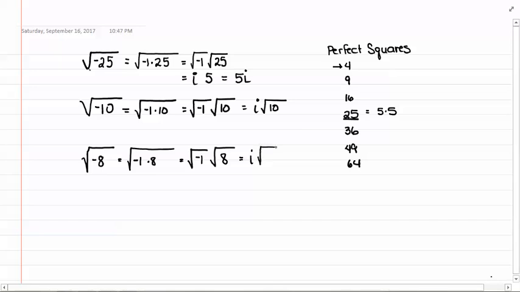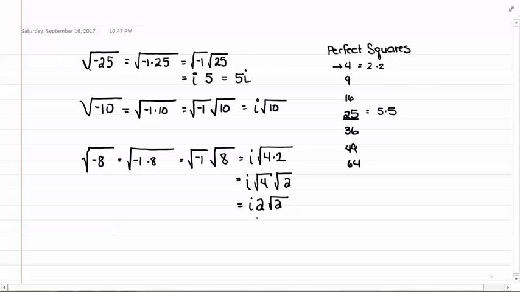So I can break this up into 4 times 2 to get 8. So when I simplify this, this again becomes the square root of 4, square root of 2. Square root of 4 is a perfect square. That's 2 times 2. So the square root of 4 is just the number 2. And the square root of 2, not a number on my perfect square list, so it stays under the radical